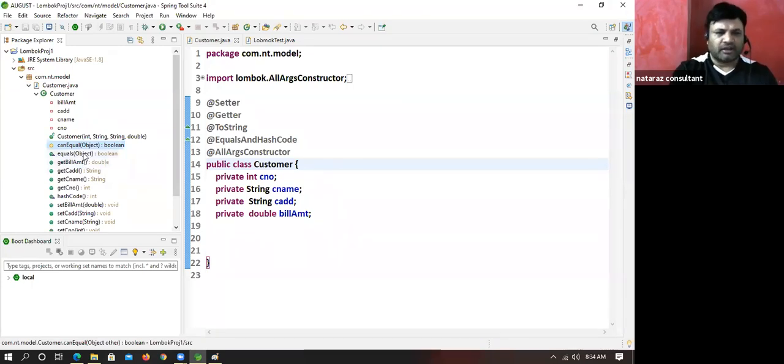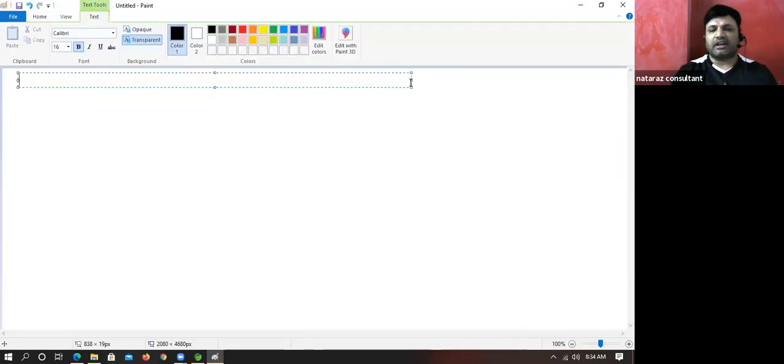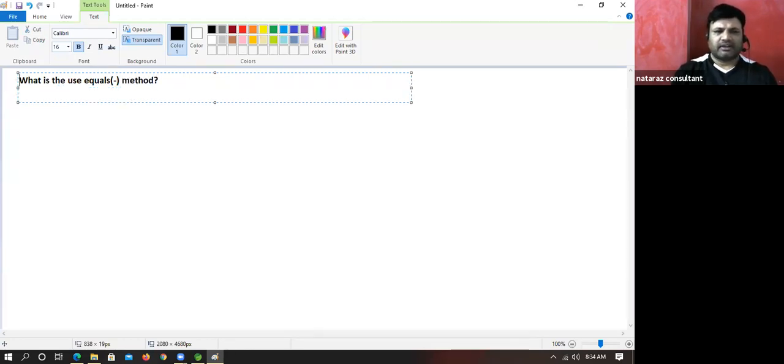Yes. Okay. Now tell me, what's the use of the equals method? It is there to compare the state of two objects. Yes or no? What's the use of the equals method? Yes, it is given to compare the state of two objects.